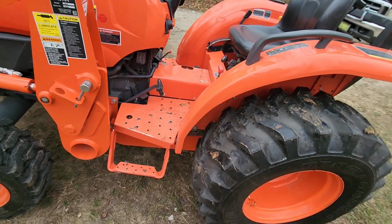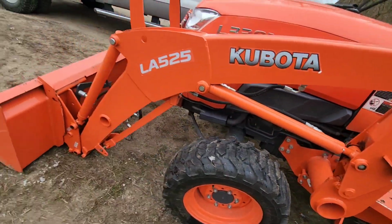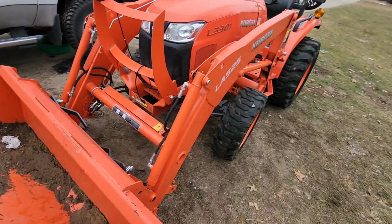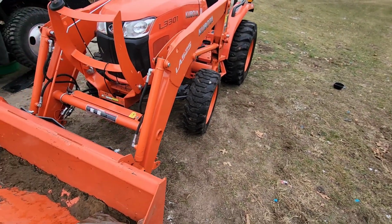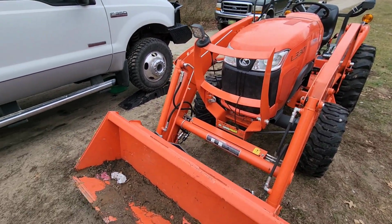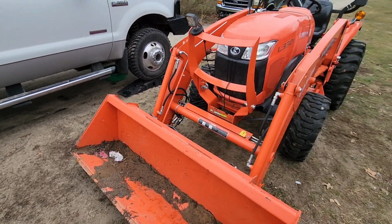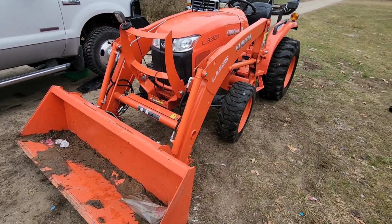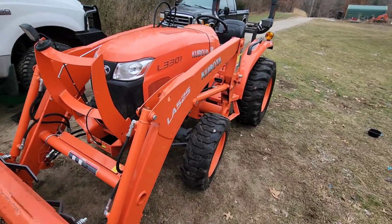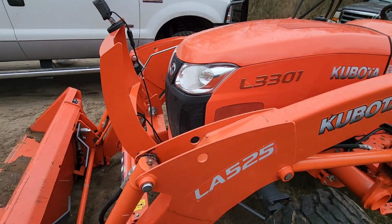So we took it in. They told us the bad news: we weren't going to get it back in time for the big snow. That's when I picked it up. I picked it up yesterday. It's January 12th, 2023. So, picked it up yesterday, and apparently that crankshaft position sensor was not letting